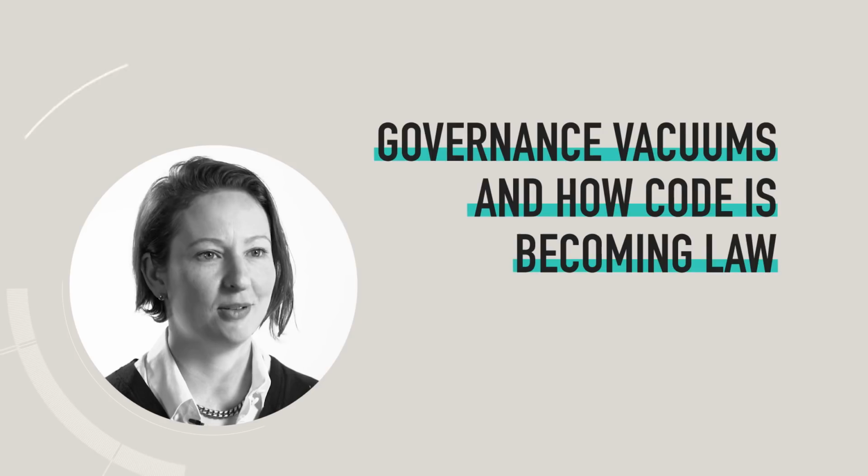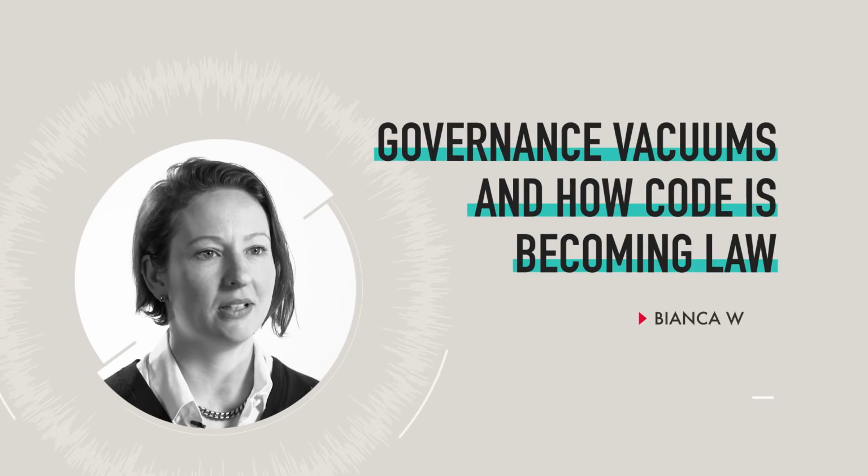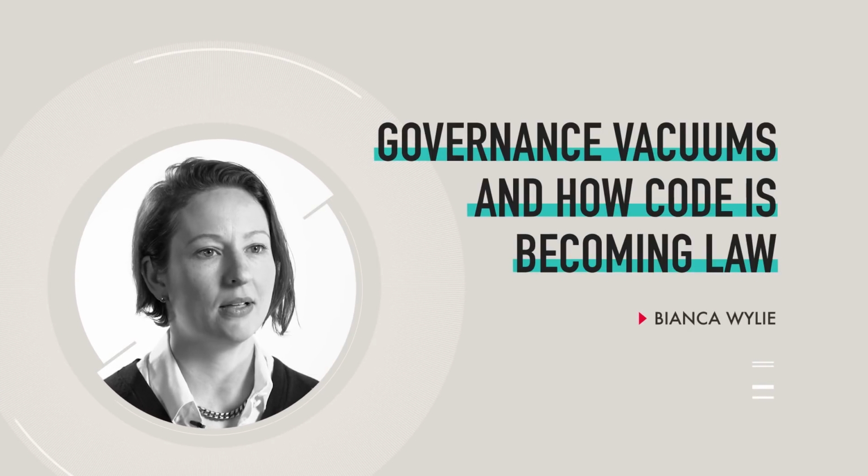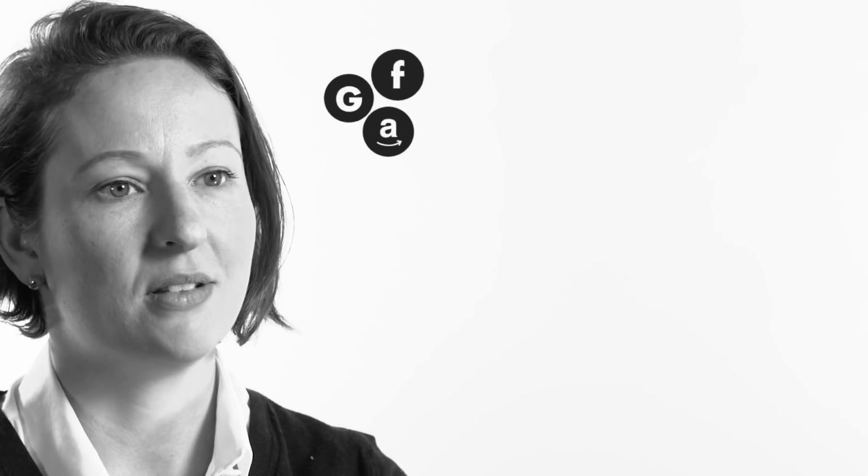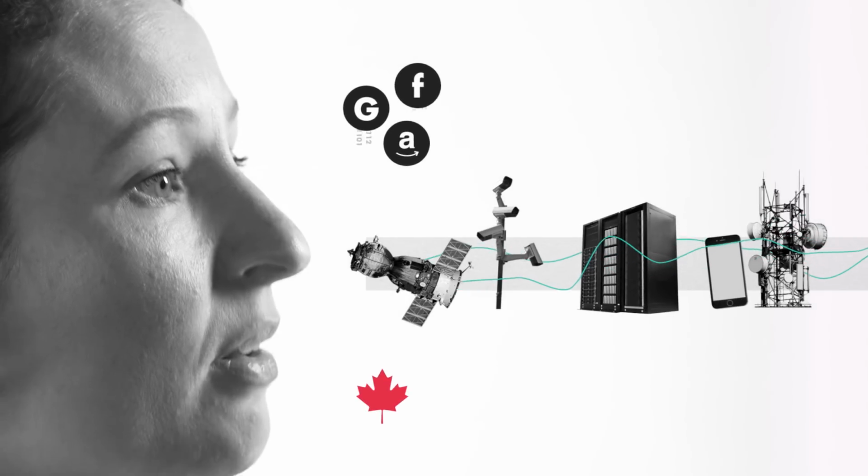There's a governance vacuum currently in Canada, and that relates to both policy and law in terms of technology. And what that means at its core is that all of our policies and laws were formulated prior to the internet era. In this void, companies are able to create products, and as they're used, that becomes normal. And that's this idea from Lessig about code is law, where commercial influence is now shaping technology faster than policy,